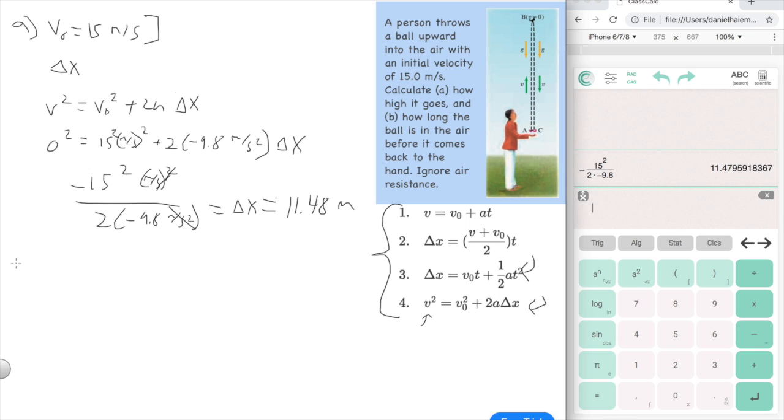Now we're going to solve part B, right? So same scenario. How long the ball will be in the air before it comes back down to the hand. So there are actually several ways to do this. But the most intuitive way is to think of it as taking the scope as the ball going from A to C. Because if we just calculate that time, then we basically have our answer. And so again, right, we now have V0 and delta x. So that's what we have. And we're looking